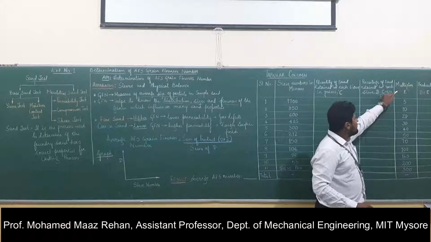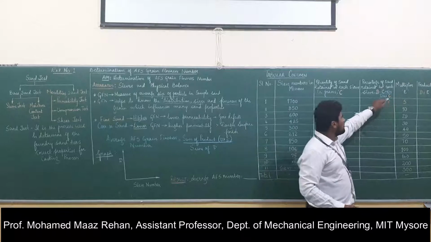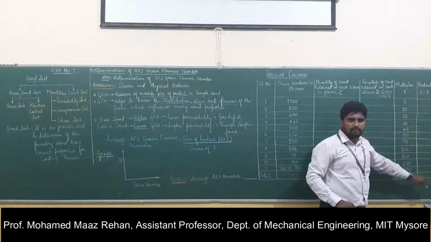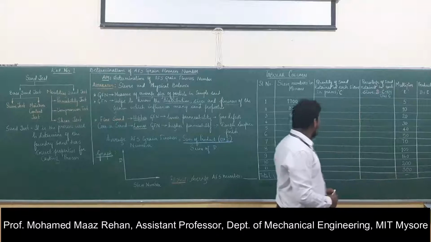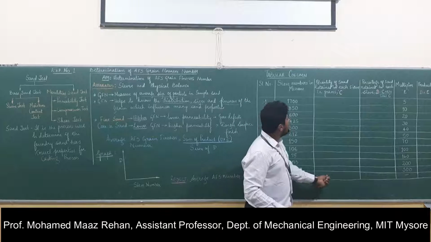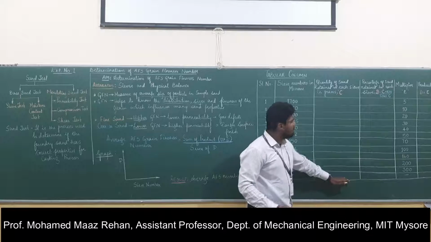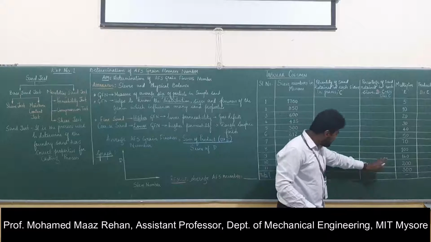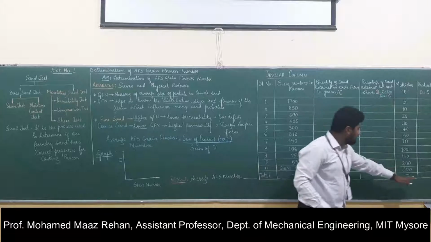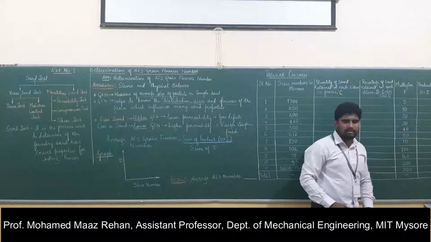Next we have the multiplier, which is a constant, E. We multiply capital D into E to get a product. After that, we take the total of the quantity of sand retained in each sieve, the total of the percentage of sand retained in each sieve, and the total of the product, that is D into E.